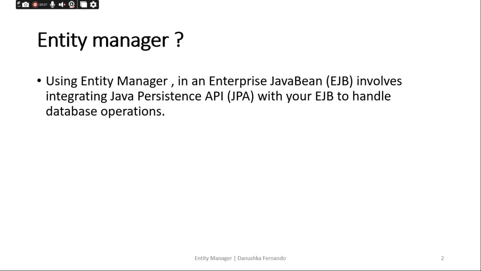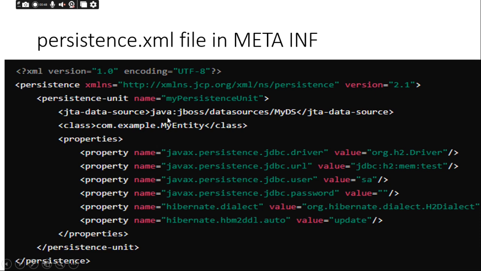So EntityManager is actually the bridge. It helps you to make a bridge between EJB, the Enterprise Java application, and the JPA, which means the Java Persistence API, to handle database operations. So if you look at the persistence XML file, which is inside the META-INF folder, you see